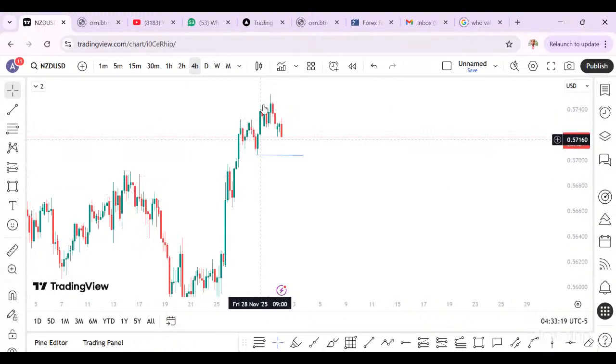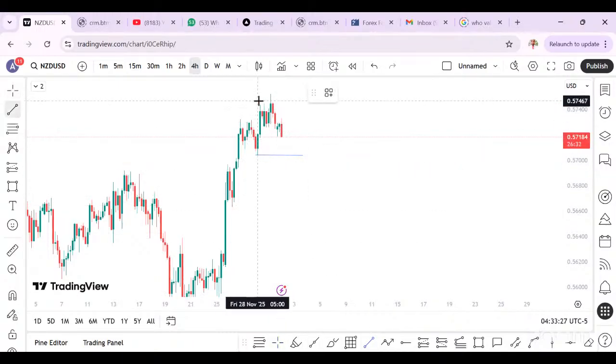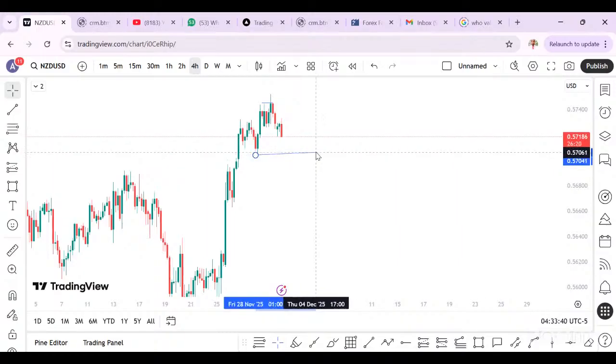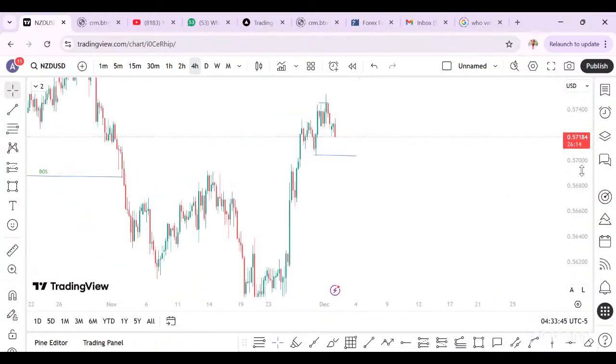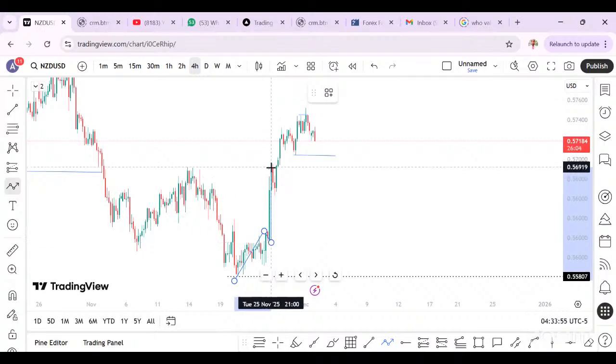You can see here, here, here. So demand is still in control. Though some people will start selling using this place. I know some people here will call this place valid too, and immediately it breaks here, you go and sell. But for us to be well clear, we'll use this low as our change of character. So we use that as our change of character. So we have price doing this, doing this. We have this.